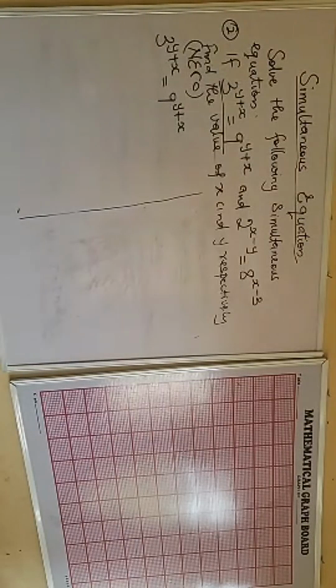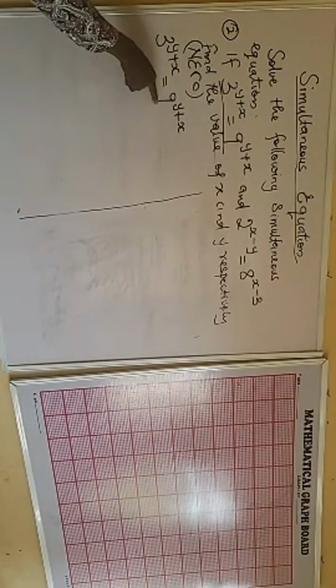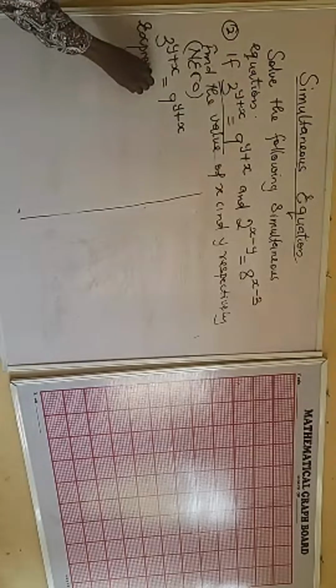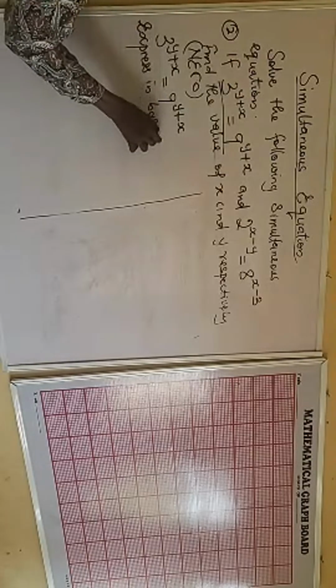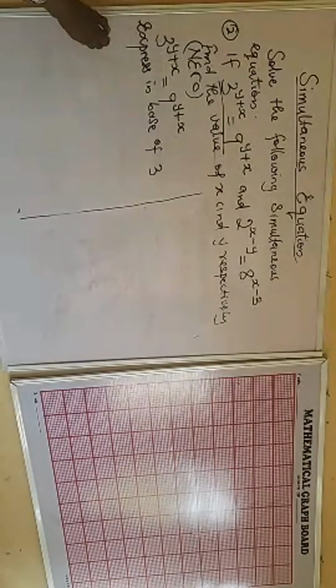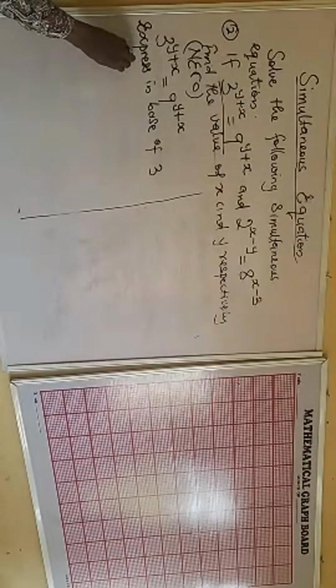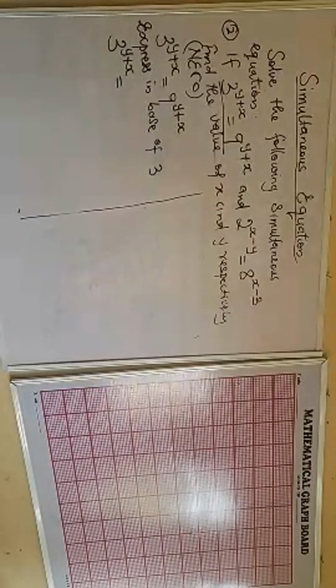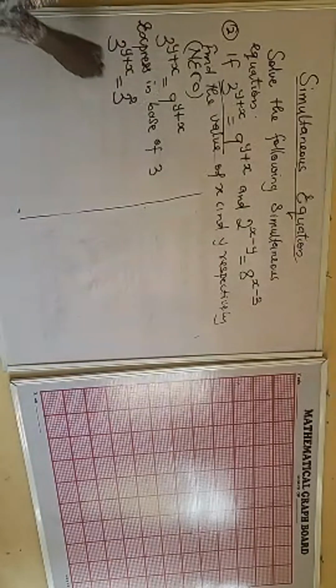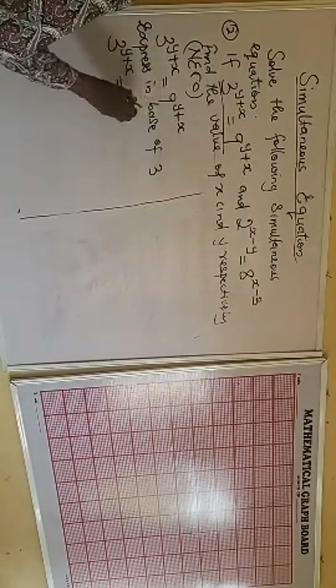All right. Here is 3. Here is 9. So I will express this in the base of 3. I want to make the base equal. So here means 3 raised to power 1, so 3 raised to power y plus x. How many times can you multiply 3 that will give you 9? It's 2 times. 3 raised to power 2, take note, which is 9,